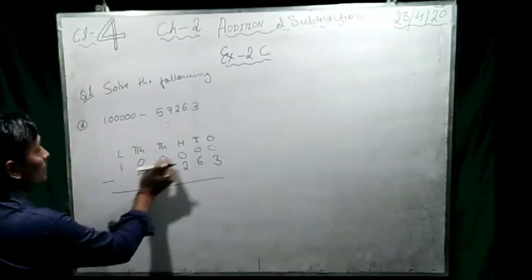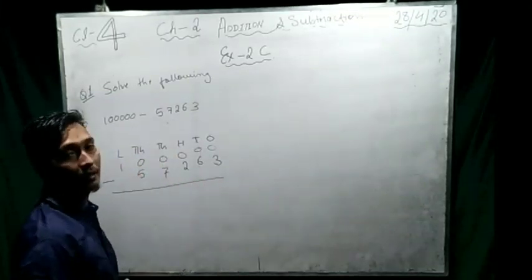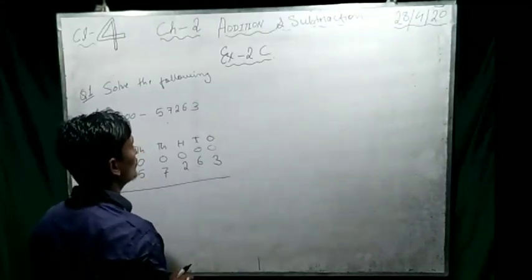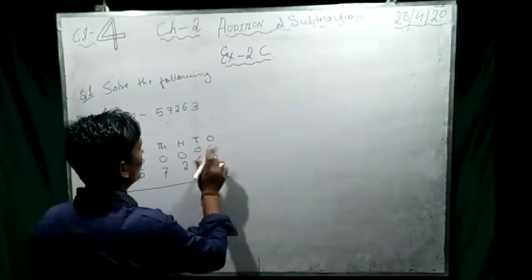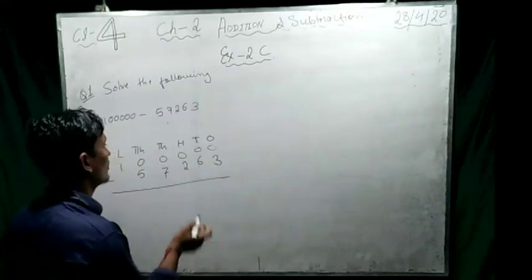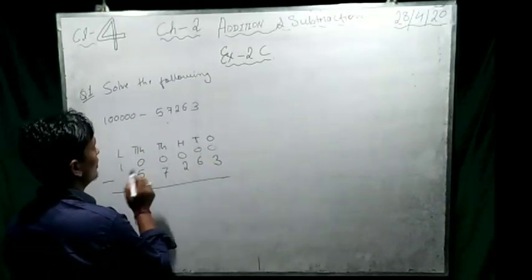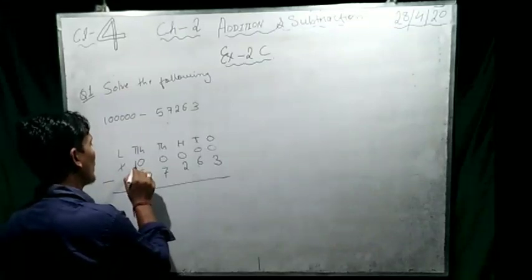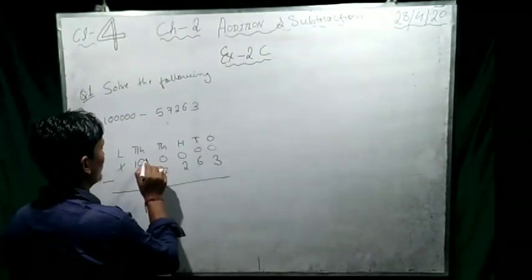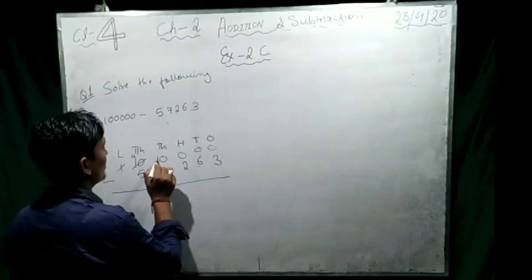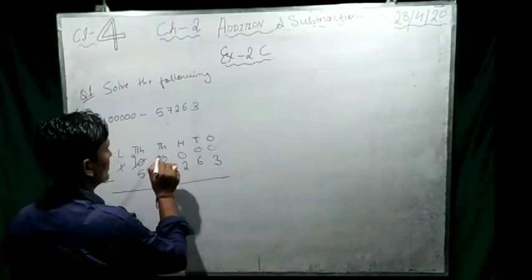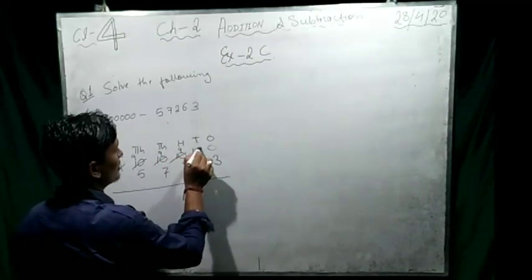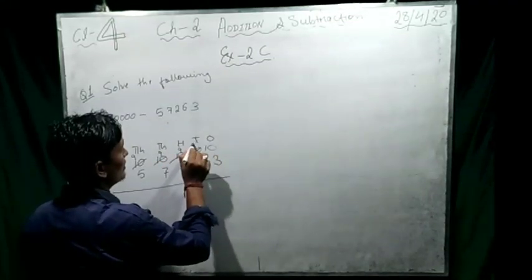So here the minuend is smaller and the subtrahend is bigger. So what do we have to do? Borrow. So from where will we borrow? Here 0, here also 0, here also 0, here also 0. And this is 1. So you borrow from here. Again you borrow from here. This will become 9 and this will become 10. Again you borrow from here. So this is 9 and this is 10. Again from here 9, 10. Again from here 10 and 9.